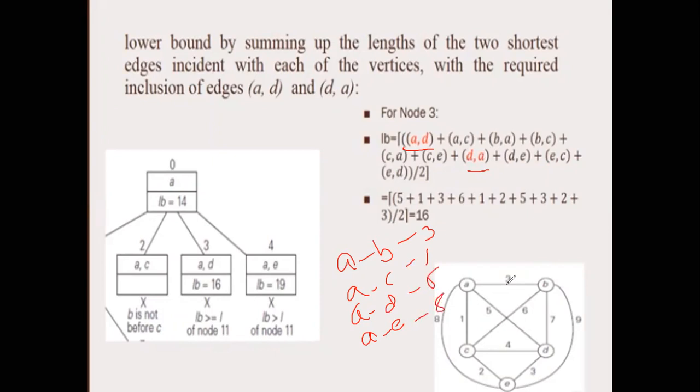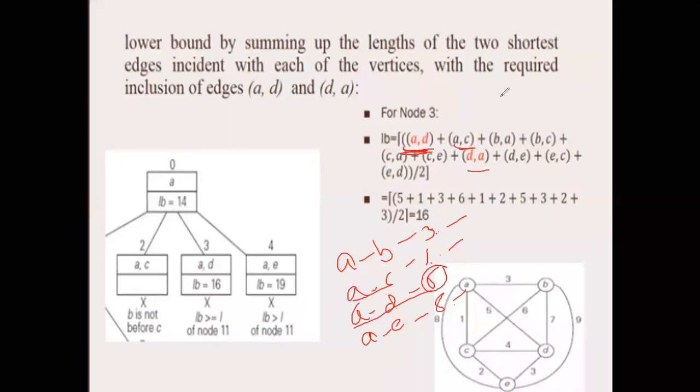The distance is 8. So what we were doing previously, the initial state of 2 minimum, 3 and 1, we used to consider. Now we are saying there is a path from A to D. Irrespective of this number, consider A to D in calculating the lower bound. So A to D is done. From the remaining, that is 3, 1 and 8, which is a minimum, that is A to C. So write down A to C. Is this clear? Fine.